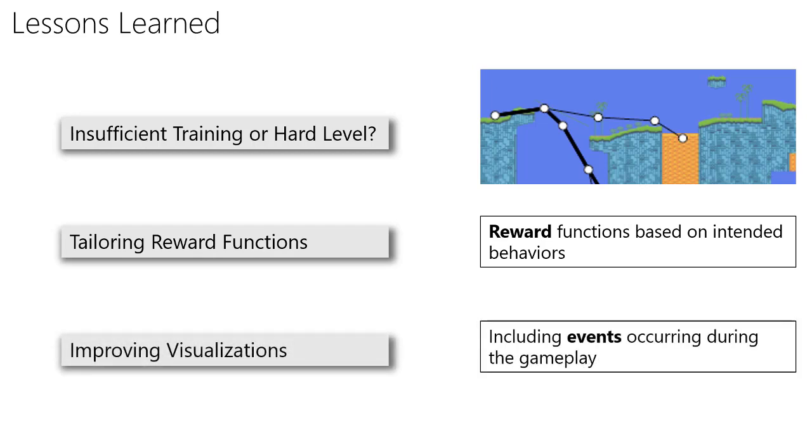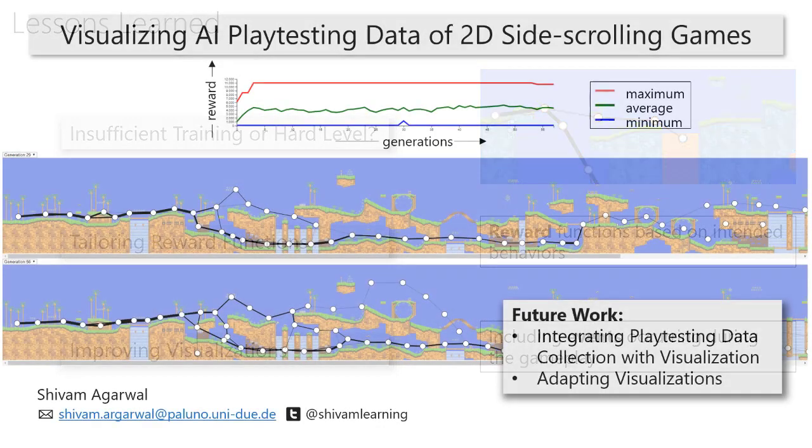Finally, improving visualizations. We overlaid the aggregated trajectory on the map of the level. Although the technique depicts the movement of agents, it does not show other game-specific aspects. For instance, it does not show game or level-specific events occurring during the gameplay, for example, earthquakes in the Hilltop Zone. The visualization needs to be customized to display such events. The lessons learned provide a good foundation for future work.